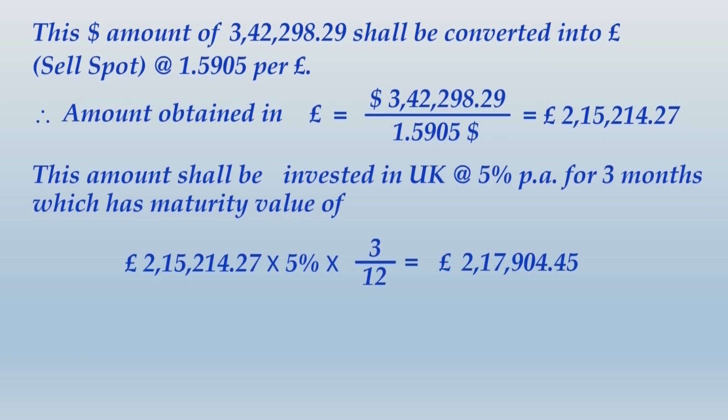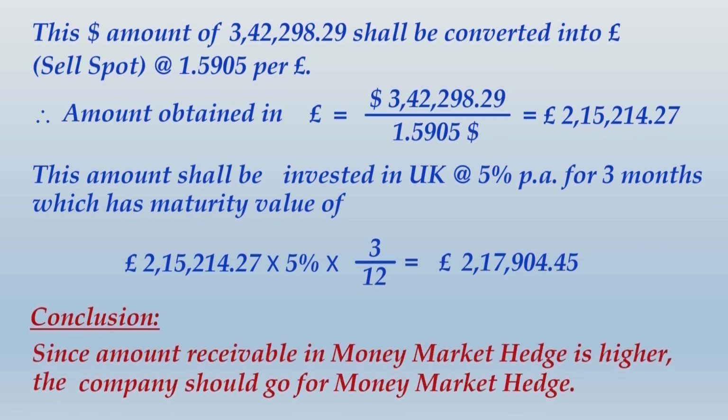So the maturity value finally, after adding interest, will be pound 2,17,904.45, and we find that this receipt is more than the receipt under the forward contract. So we may conclude, since the amount receivable in money market hedge is higher, the company should go for money market hedge. So friends, please note down all these calculations and the conclusion, and that will be the end of the solution. Alright friends, once you have completed writing this entire solution, let us move ahead and take up the next question,